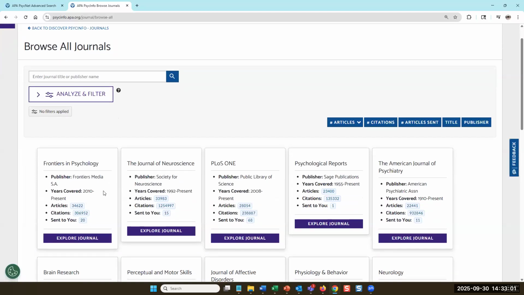And we have data now in the journal cards that's a little bit different. Everybody is going to see how many articles, how many citations, and then I'm going to see how many times an article from this journal has been sent to me over the months and years that I've had a user profile set up. So it's showing those stats, and you can also filter by those stats, right? So in the search box today, I'm going to put education